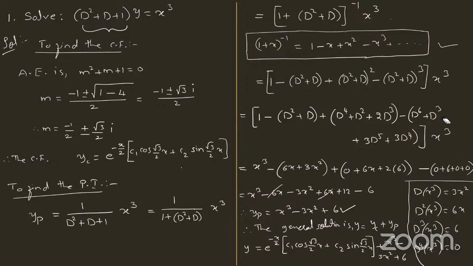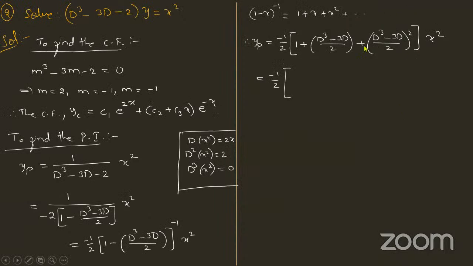The same thing happens even in this question. See here we have (d cube minus 3d) by 2 whole square, and you are operating all this on x square. So when you take the square of this, the lowest degree term you may get is a d square term. And all other terms you get are of higher degree than this d square term. So when you operate those terms on x square, certainly they'll become 0, that is a clear understanding. As they become 0, why should we consider them again? Why should we waste our time? Right? So keeping that idea in view,